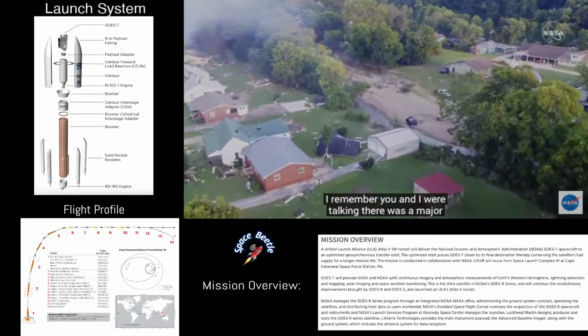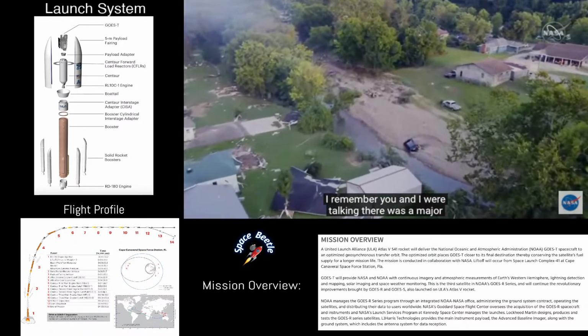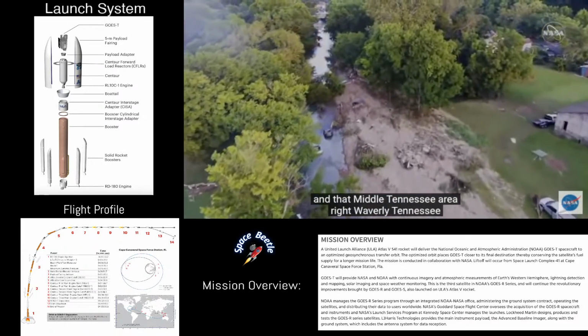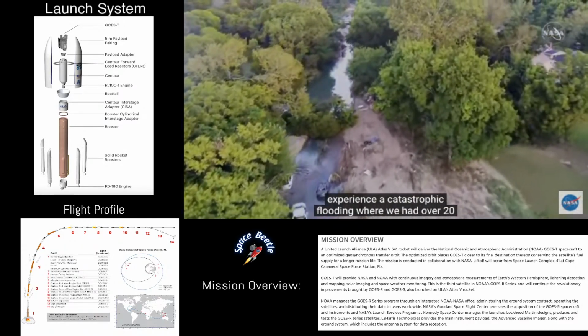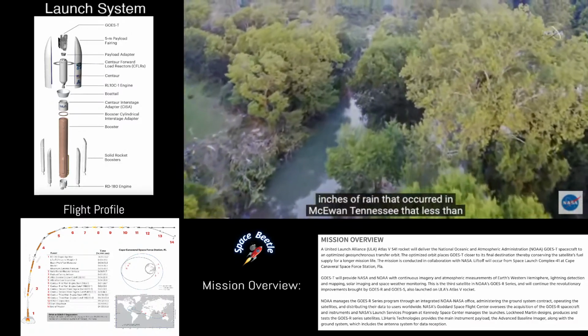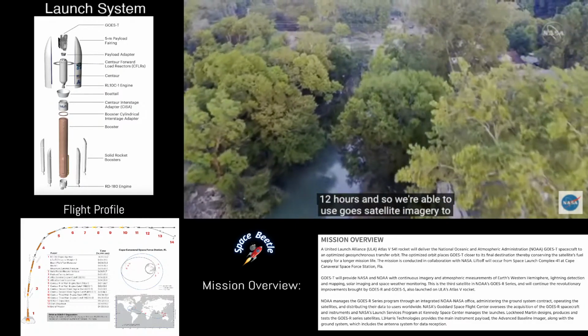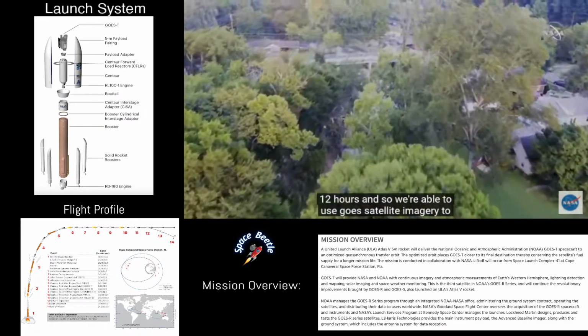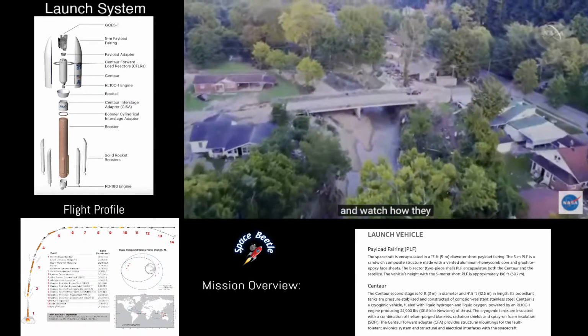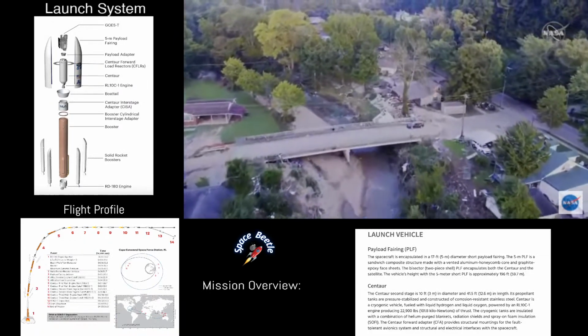Waverly, Tennessee experienced catastrophic flooding, where we had over 20 inches of rain that occurred in McEwen, Tennessee, in less than 12 hours. Wow. And so we were able to use GOES satellite imagery to monitor the intensity of these storms and watch how they just trained over the same locations over and over and over, and able to alert emergency officials that